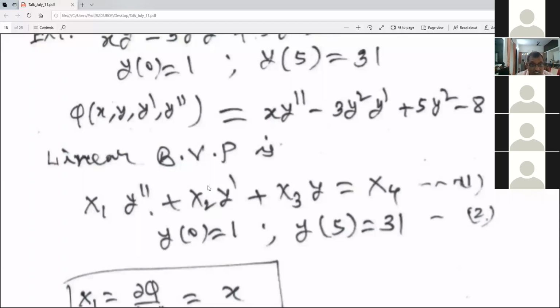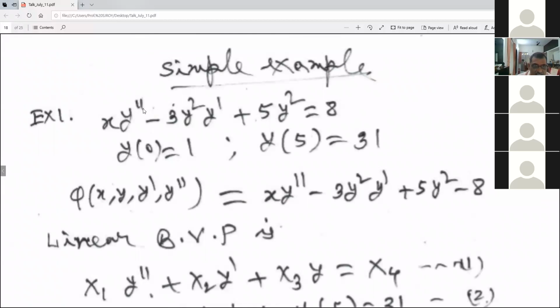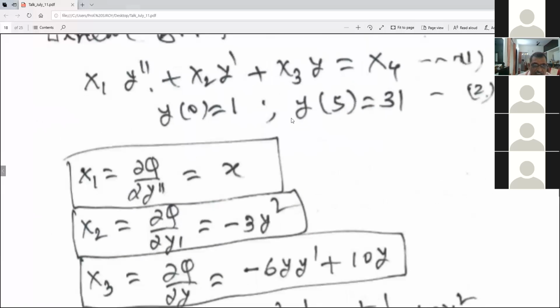So this is not related to any subject. This is just a differential equation. You have one differential equation that you cannot solve by any method. You can replace this by a linear sequence of equations and then start with an initial solution satisfying only the boundary condition, and improve the solution. An iterative scheme.